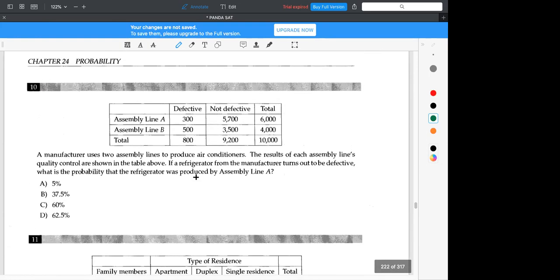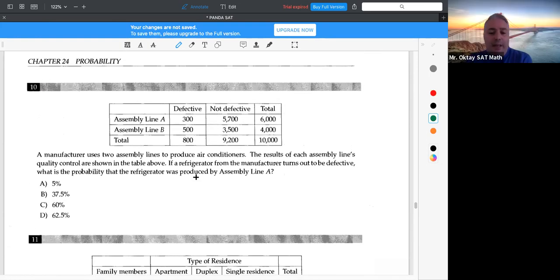Now, a manufacturer uses 2 assembly lines to produce air conditioners. The results of each assembly line's quality control are shown in the table above. If a refrigerator from the manufacturer turns out to be defective, so we are talking about this column now, defective, what is the probability that refrigerator was produced by assembly line A? So assembly line A